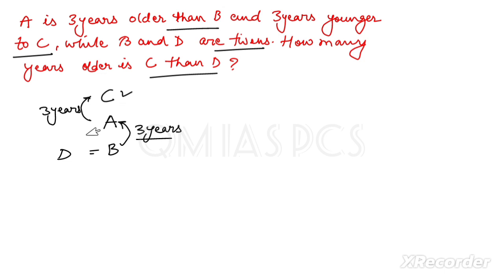So what is the gap between C and D? You can easily find the gap between C and D: 3 plus 3 years, that is 6 years. So it was easy. You can also write it in the form of equations, but whenever you can